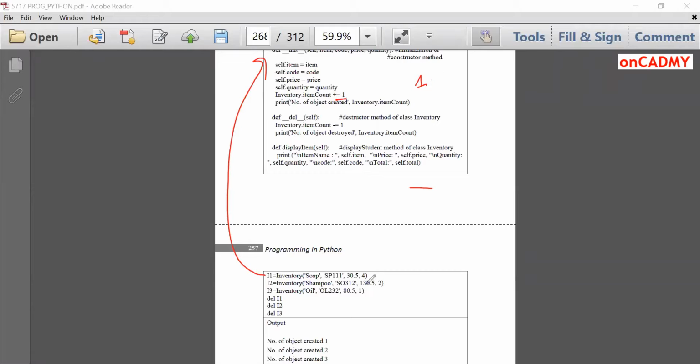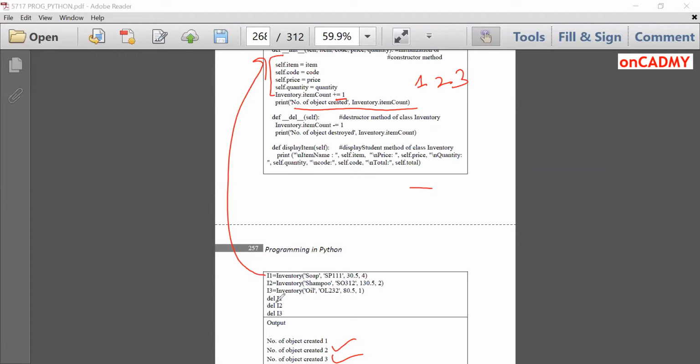Then the second object will be created, control will go here, will put the values over here, and item count will be increased and become 2, and the message will be displayed, number of objects created 2. Fine. And in the third call, I3, inventory, oil with this code, price and quantity, control will again go there, will increase item count and it will become 3, and the message will be displayed, number of objects created 3.